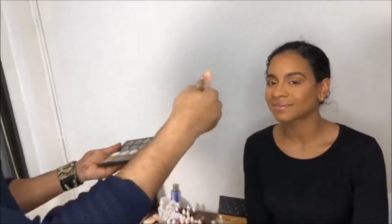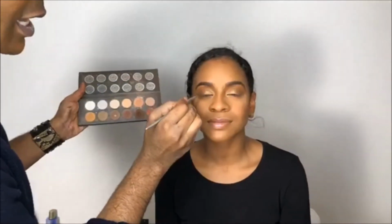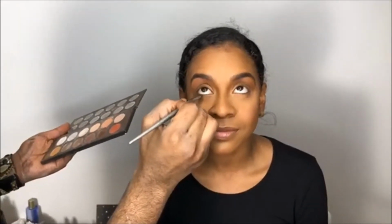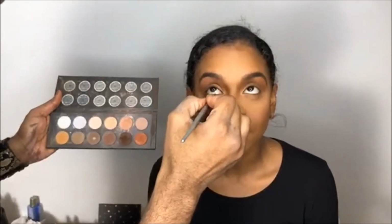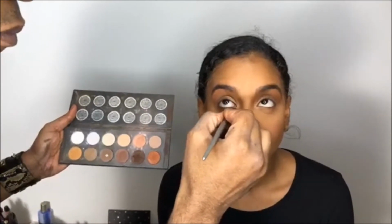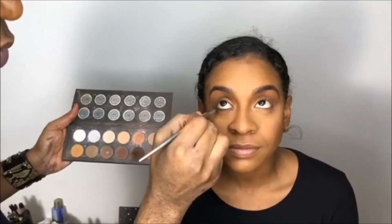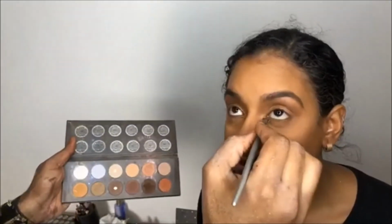So now we're going to just go ahead and smoke out the bottom, because she has her powder block at the bottom there. Okay. So we're just going to use that dark color first. Look up. Some people do it the other way around. Some people use a lighter color, tight brush, then they blend in the darker color closest to the lash line. But I like to do the dark one, and then I'm going to lighten it with